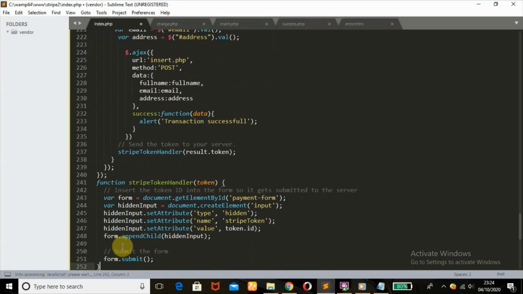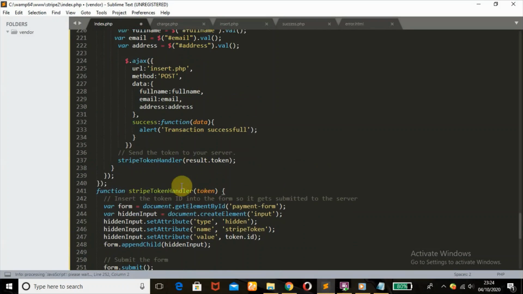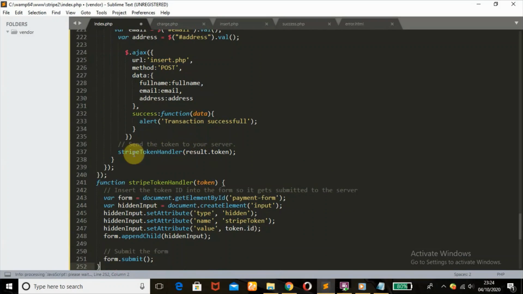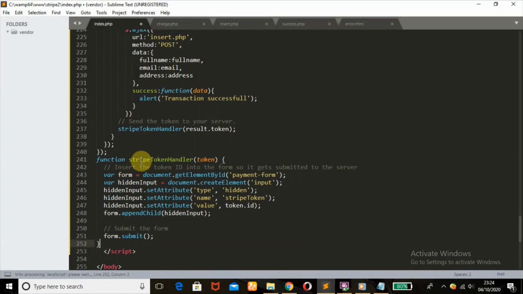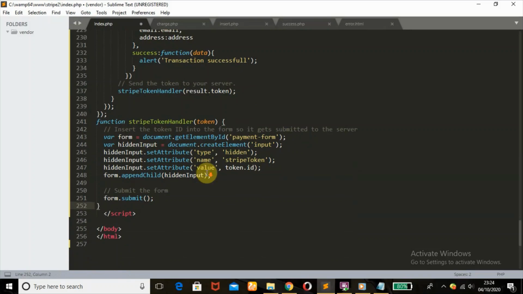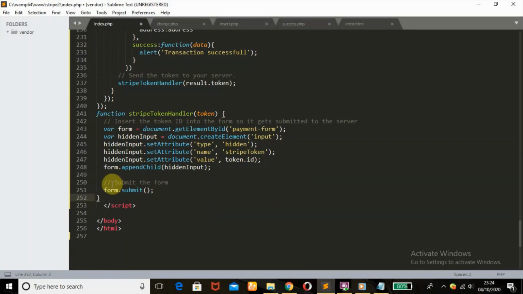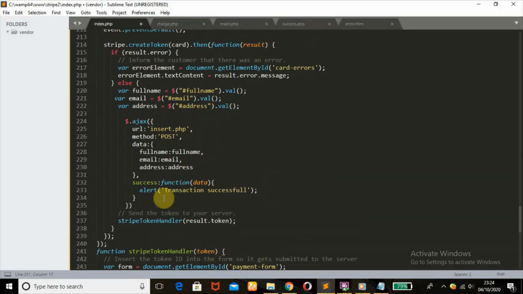Then paste it here. Alright, so once the token is sent to our server, this function, Stripe token handler function, will insert the token into the form so it gets submitted to the server. Okay, making use of this submit function. Alright,